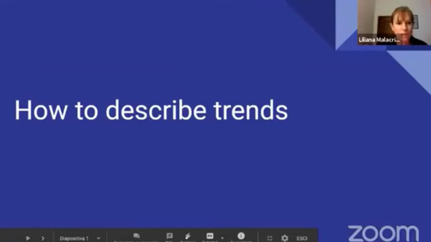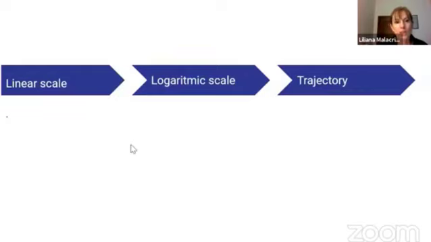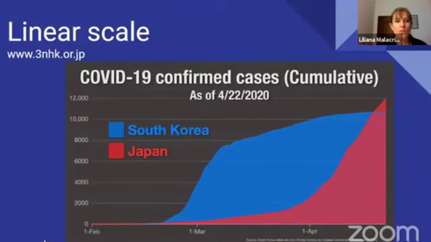Tonight we talk about trends, how to describe trends. So let's see, our first page: linear scale, logarithmic scale and trajectory. These are the words I'd like to introduce you today. So firstly, you see a linear scale. Let's consider, for example, Japan and South Korea